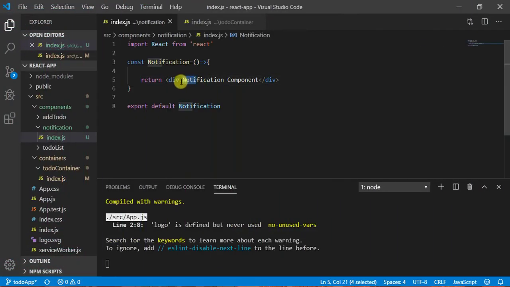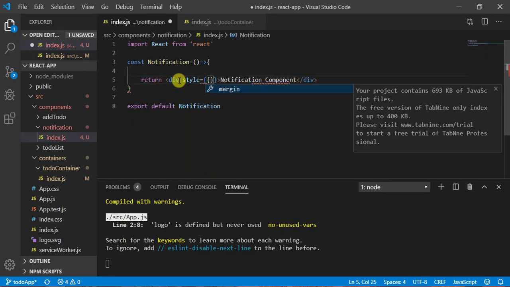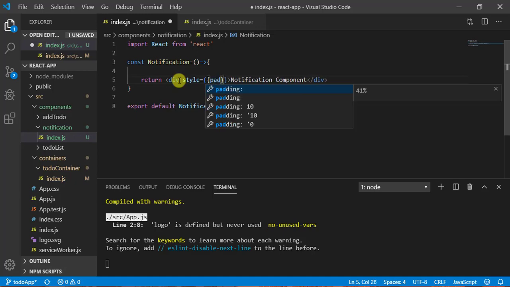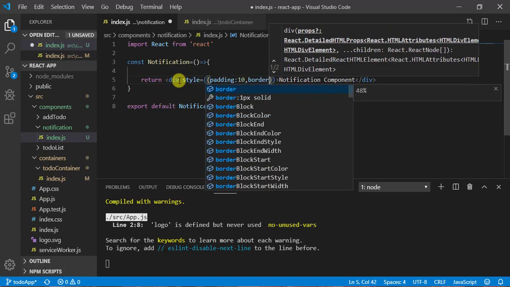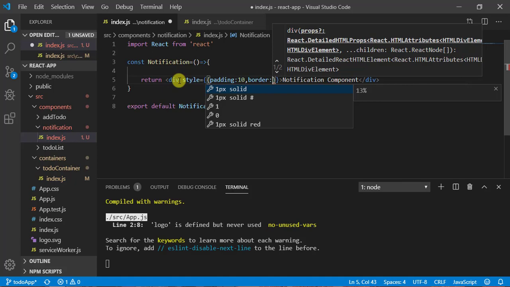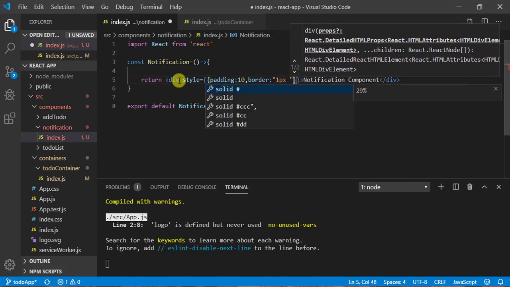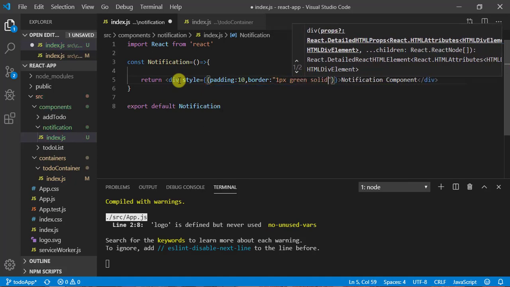So let's give some styling. Call it style, and here we can give a style. Let's give padding first, so padding 10 and border 1 pixel green solid.